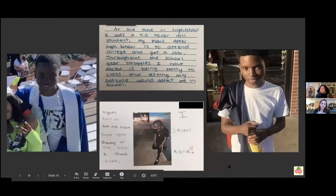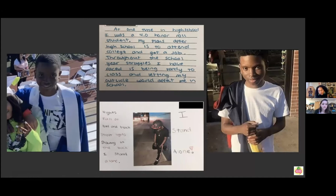But I won't go too much into detail of this person because I want to protect their privacy and their family's privacy. This piece is to commemorate a student of mine that I had at Oakland High who passed away this August, unfortunately. And this is why I named this piece Nights Full of Red and Black. This is Ms. Koshino, if you're tuning in, who was my old coworker at Oakland High and also a teacher of this same student. This is a piece that he did for her in her class,